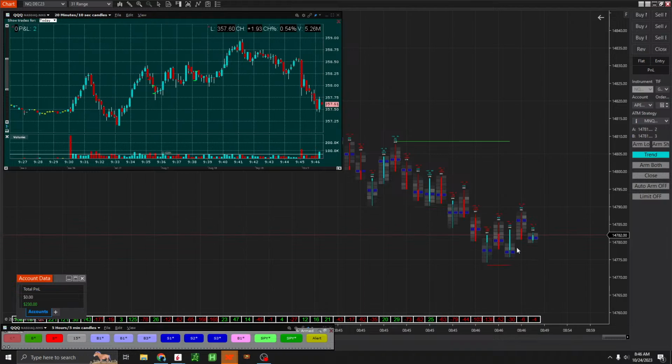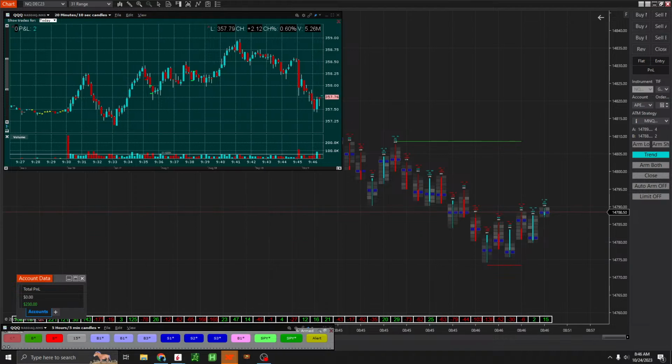Really don't see any stacked imbalances. Obviously, one could take it here, but I don't see any stacked imbalances yet. So I'm gonna be patient and wait for a stacked imbalance, or it could very well come back up here and then I'll just look for a short. So right now it's kind of both ways.